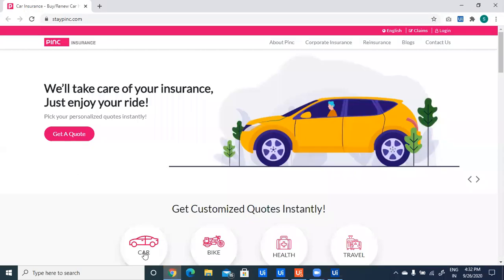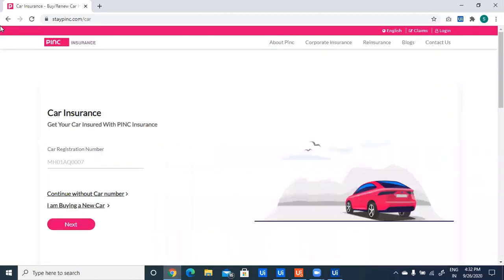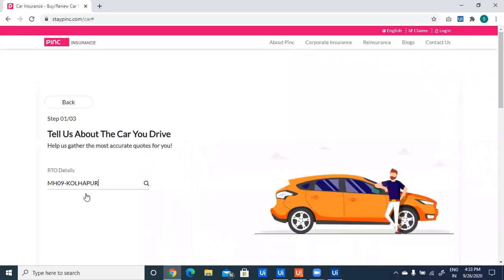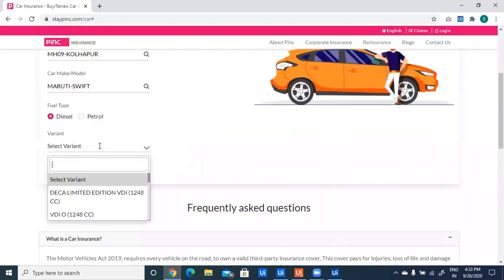It will click on the car icon. After that, it will click on continue without car number and enter all the details, that is, RTO details, car make and model details, and variant. It will select the variant which is there in the Excel sheet.